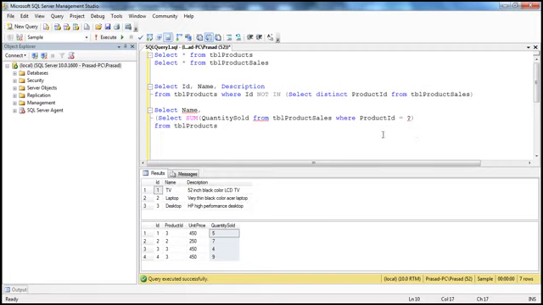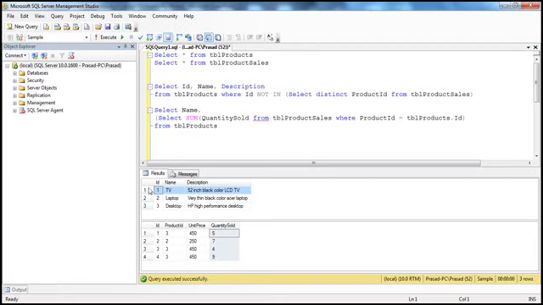So where is the name column coming from? The name column is coming from the TBL products table, and I want to sum up this quantity sold for each product. So the product ID is going to come from the TBL products table. Okay, so every row that we select from the outer query, so first TV is selected, let's say, for example,